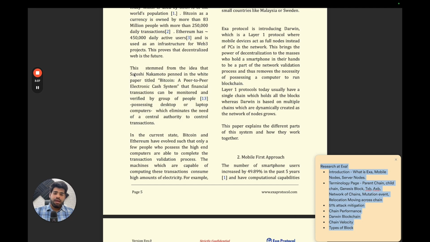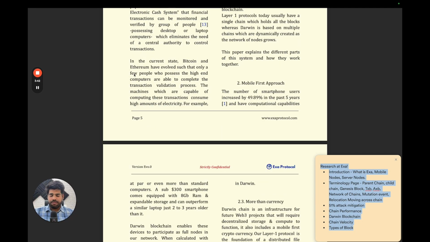Of course, everything stemmed from the idea that Satoshi Nakamoto had when he first published the white paper. Everything began from that. The thing that we have built is a mobile-first layer one that runs natively on mobile devices. It is built for the next 2.5 billion people who do not own a PC. I'm specifically talking about the folks in Southeast Asian countries who just have a phone, who do not know how to operate a PC, let alone write a terminal command and run a client.